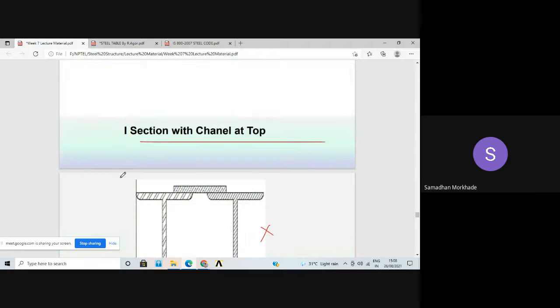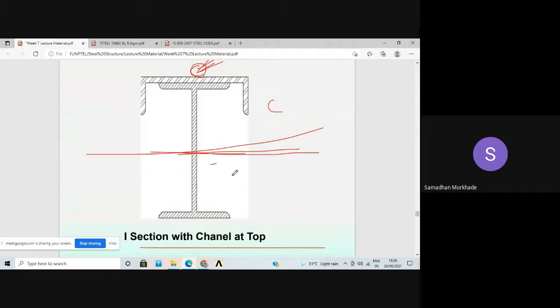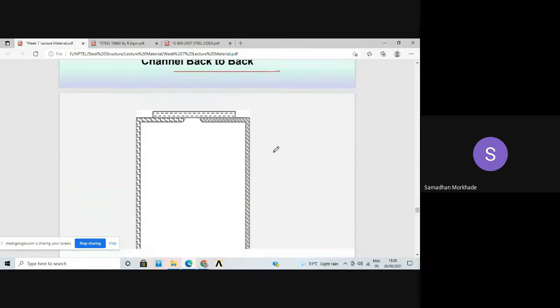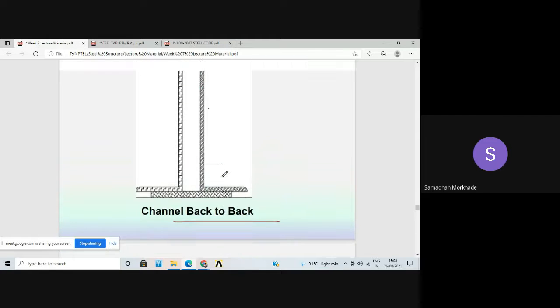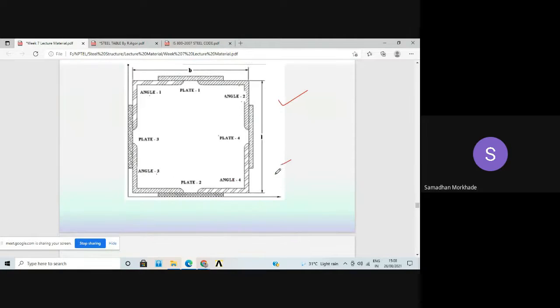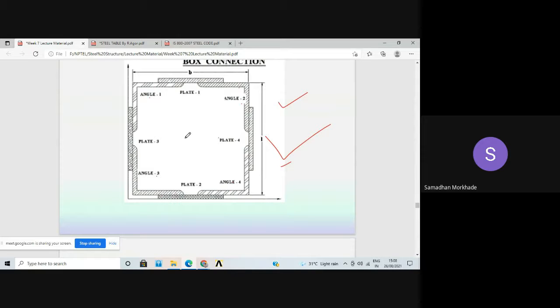In normal buildings, in normal columns, a section like this is used in our industrial buildings for gantry girders, and these sections are used as columns in our industrial steel buildings. Two channels placed face to face, or two channels back to back, or otherwise four angles together. You can remember railway station platforms. You observe that there are four angles, and they are used as column sections, and the lacing is a solid circular rod.